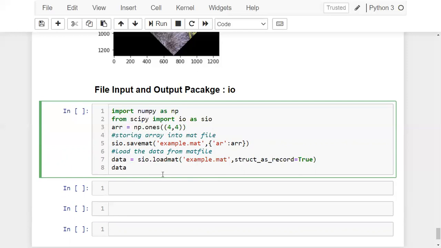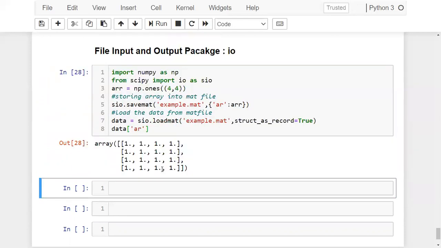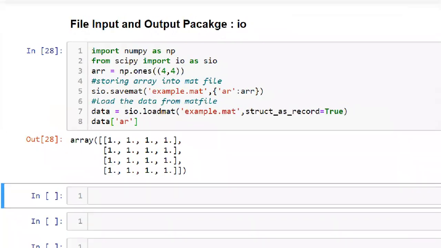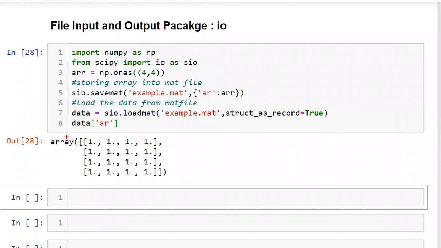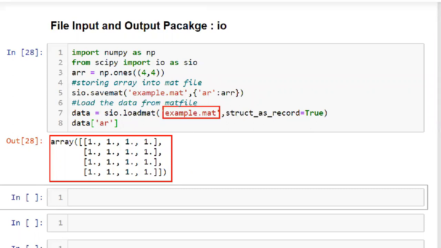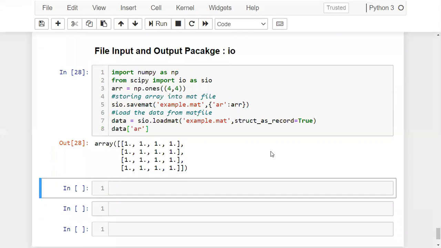Now what you want to load on the screen? Here you have given some name for your array, so use that name here, AR. Now try to run this. Can you see? This is the content which is added in your mat file. If you want to check whether this example.mat is created in the folder or not, you just go to your folder and check.